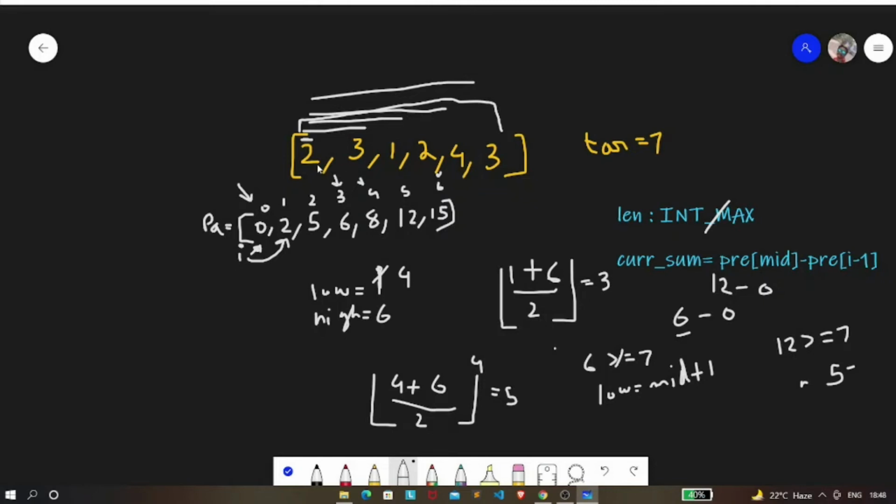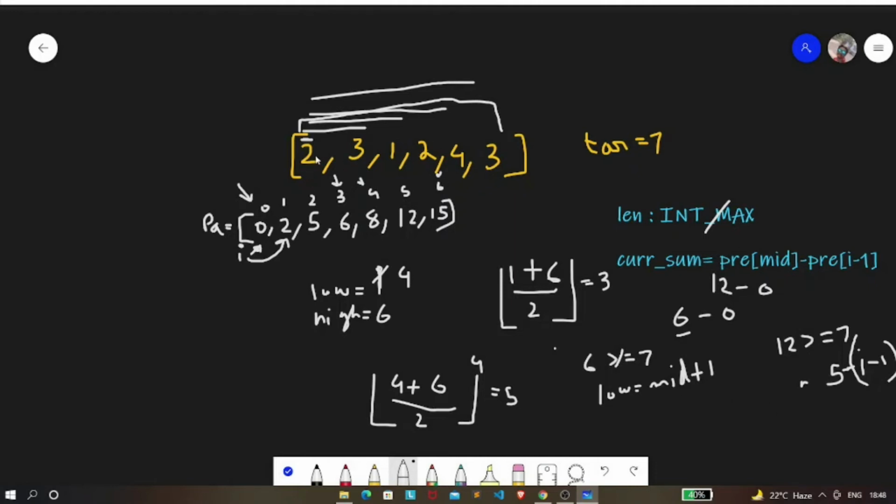If you count 1 2 3 4 5, mid is at 5, and we need to subtract I minus 1 from this mid, taking it within brackets. So 5 minus within brackets I minus 1, that is I plus 1, so it will result in 5, and that's exactly the length.